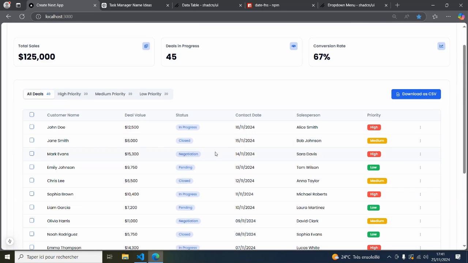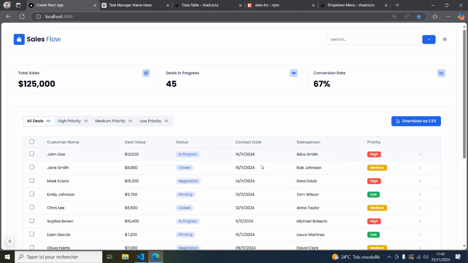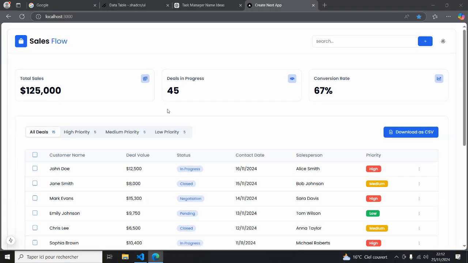Before we start making our table functional, the next thing we're going to do is create our form to be able to add the elements. What I'm doing here is creating the UI first, then I'm going to make things functional. But before we start working on the form, first I decided to work